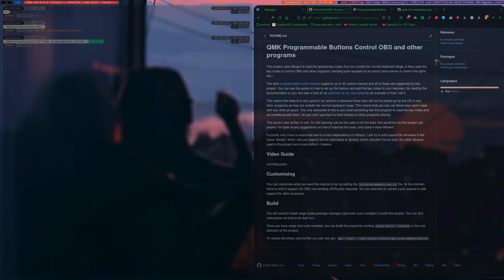Now in this one I'm going to be showing you guys just something interesting that I've been working on. So if you're familiar with QMK, which is the firmware that I use on my keyboards, they released an update which had this programmable button kind of thing. So what this is